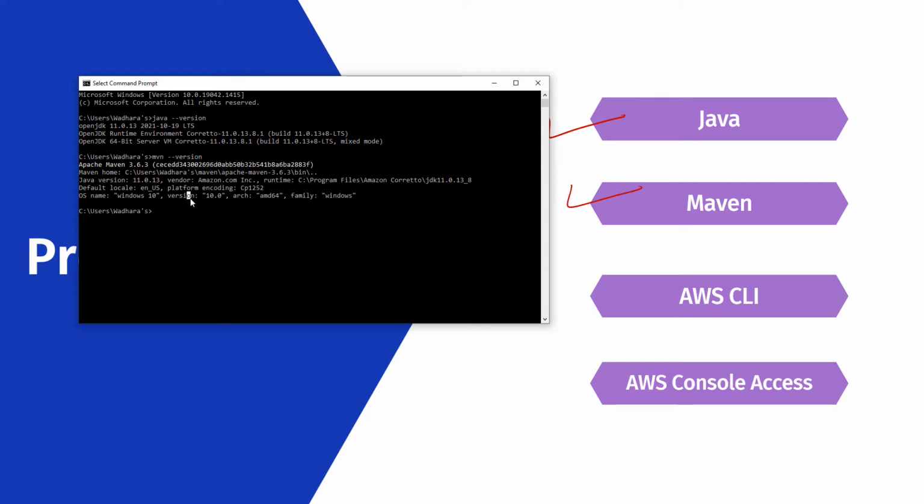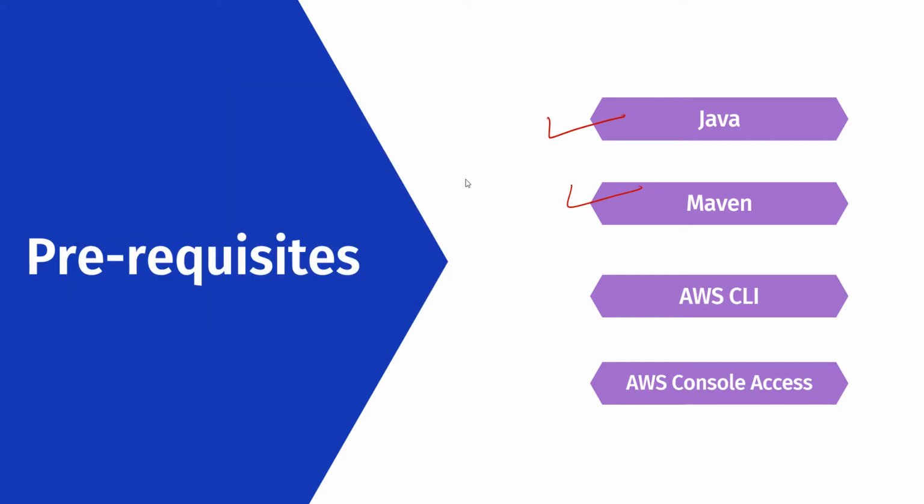Why do we use Maven? To package our Lambda and its dependencies into a jar file, which we would be uploading on the Lambda console, because for Java you don't see an inline code editor on the Lambda console. You have options for Python and Node, but not for Java. Although with the Cloud9 editor you can develop your code online without having to install Java, Maven or any IDE on your machine. I can also create a video for Cloud9.